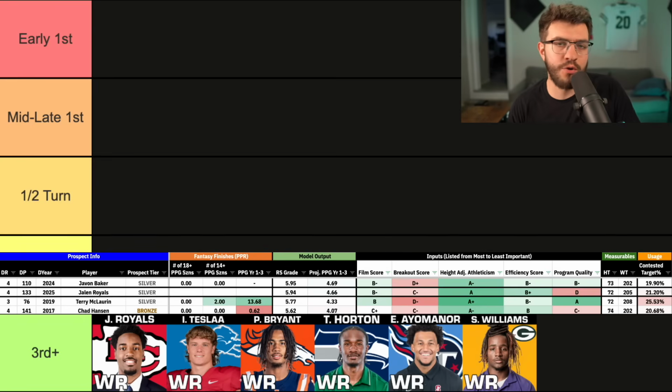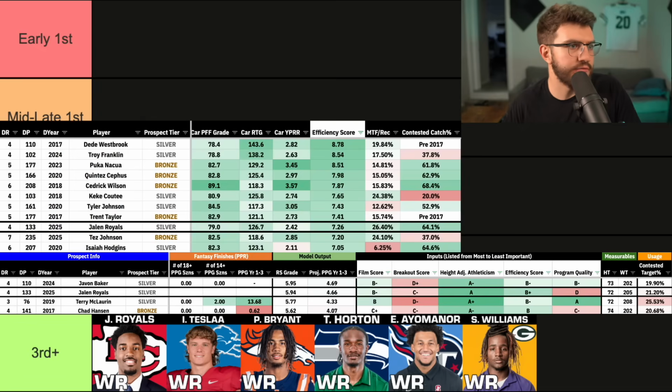Now, I will say Terry McLaurin is a day 2 pick, and his program quality, which I left in, is an A compared to Jalen Royals' D at Utah State. So Terry McLaurin is being very, very generous, but that's what he can be at his absolute ceiling. His floor is non-existent, but I'm fine taking the swing here, especially because he does have a really interesting profile,